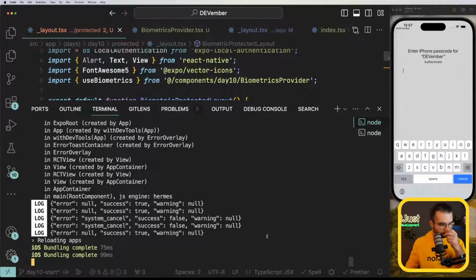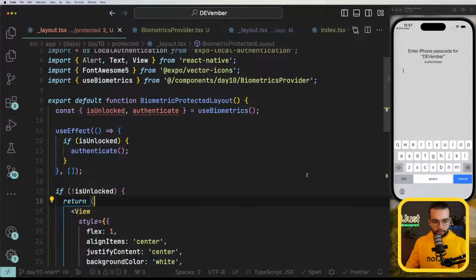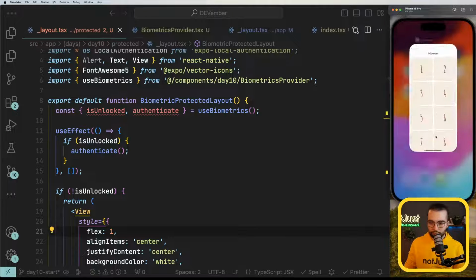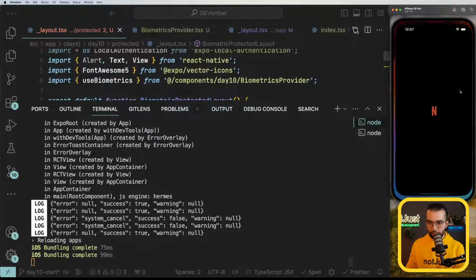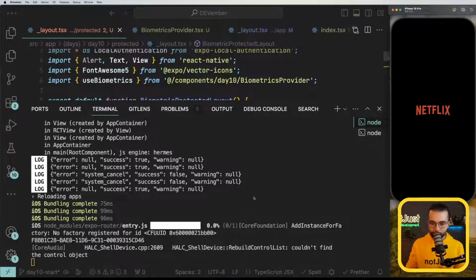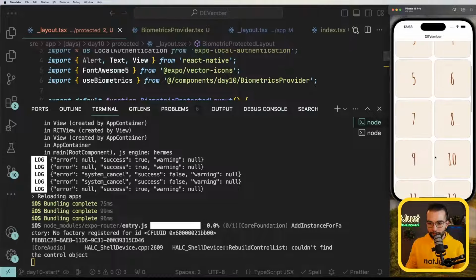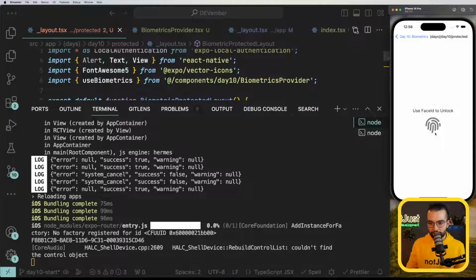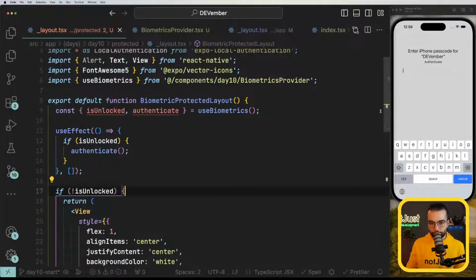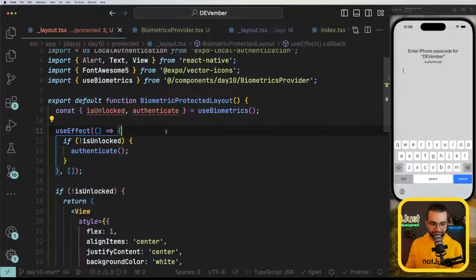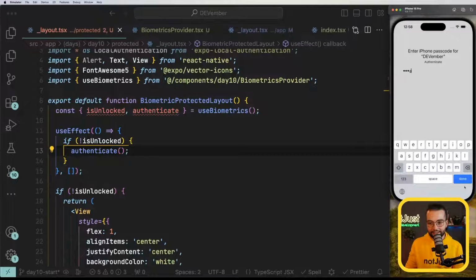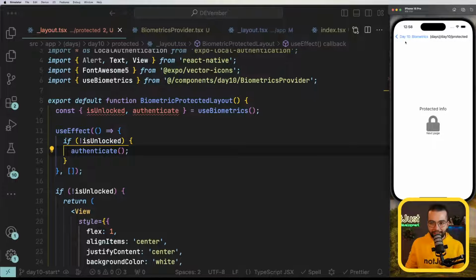Maybe I need to reload the application. DEVember, let's try. Go to 10, go to protected. If it's not unlocked, sorry guys, if it's not unlocked, authenticate. Yes, now I see it, I can press done, I can go back, and the second time I see the